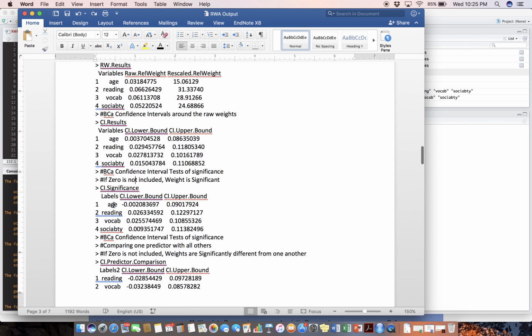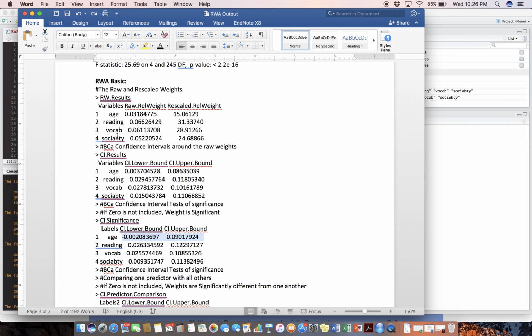So let's go through here, and we see we have each of our variables. All 3 of the predictors, the cognitive ability and personality variables, seem to be predictive as they do not include 0. But age, we see, has a negative lower bound and is relatively close to 0 on the upper bound. So we would argue that this is, in fact, including 0. And so age would not be a significant predictor of the outcome variable, social work with respect to vocational interest. But anyway, so we know that each of the predictors, reading, vocab, and sociability, are in fact significant predictors